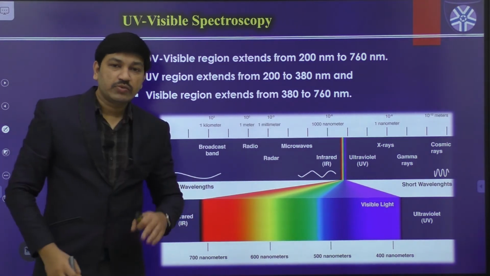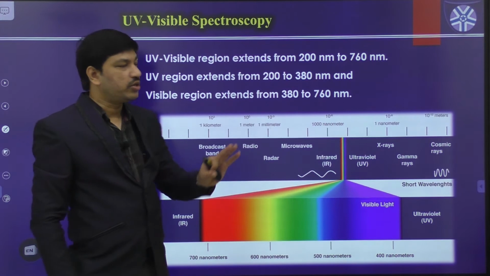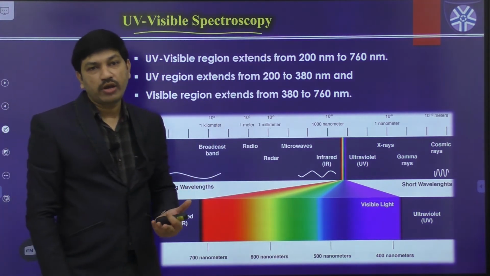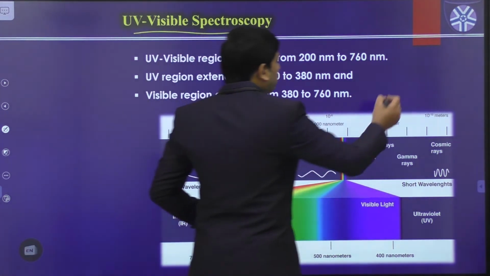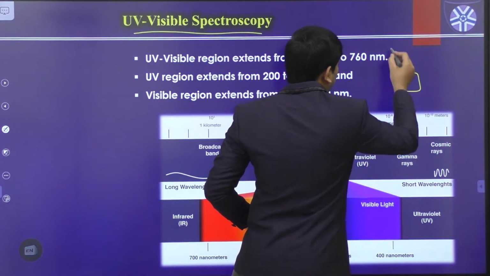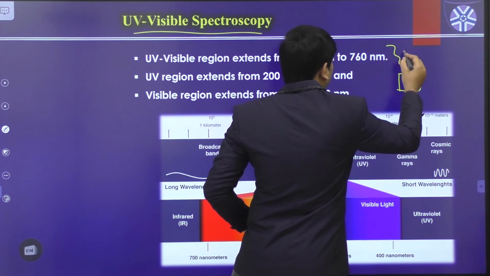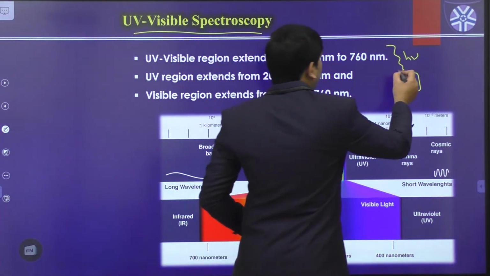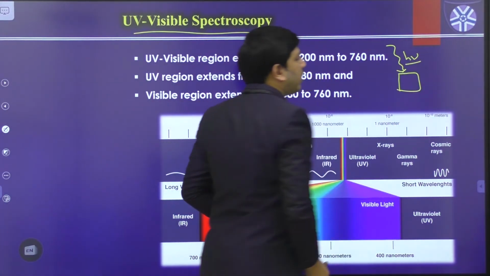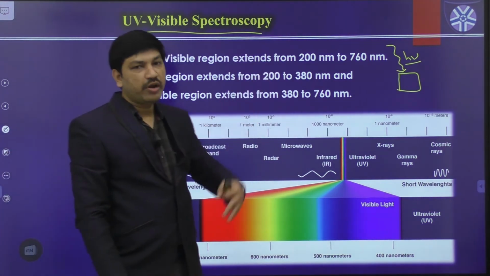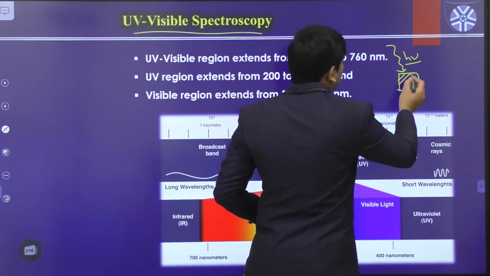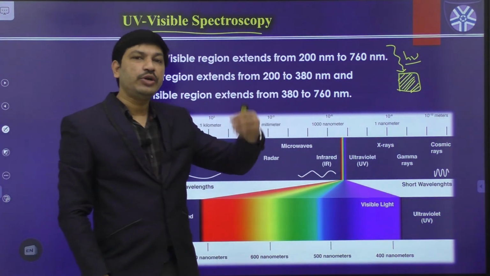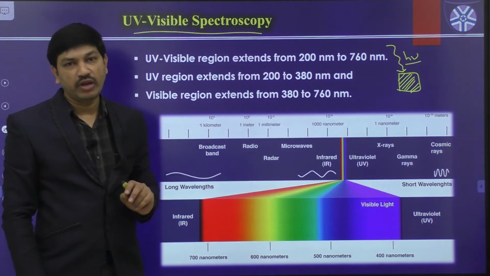Before going to the further details, we have to understand what UV radiation is, because we are saying that this is one of the spectroscopic techniques. So what is the meaning of spectroscopic technique? In a spectroscopic technique, the unknown matter is subjected to electromagnetic radiation. Depending on the energy, the strength of the electromagnetic radiation, we can observe different changes in the corresponding matter. So what type of radiation we are sending toward the matter or unknown molecule is very, very important.